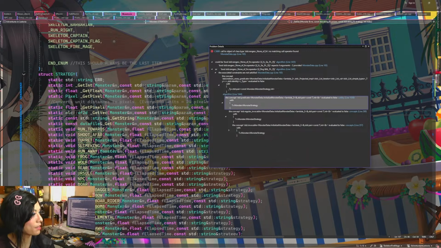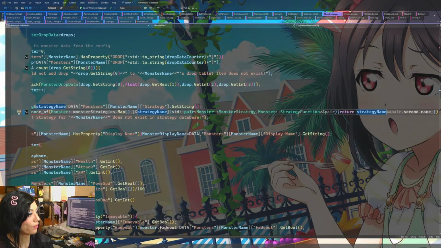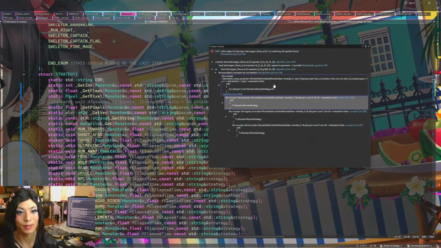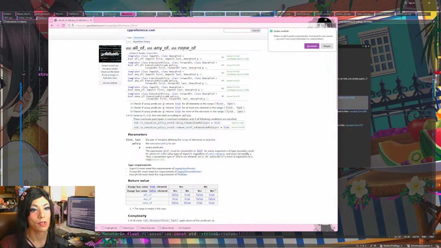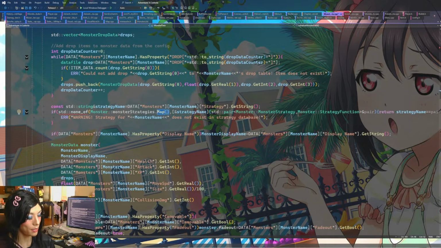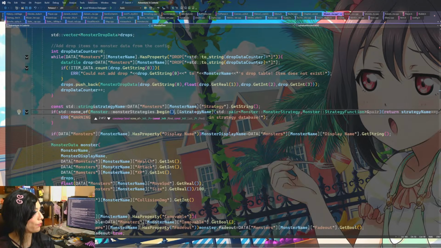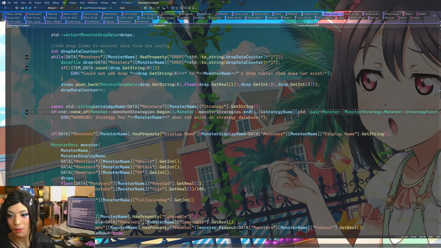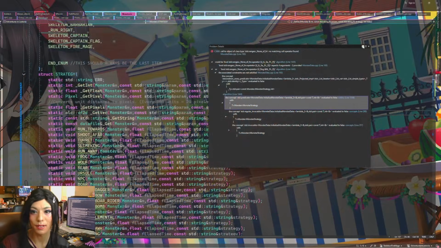Const int. Wait, does it not know? This is so confusing. Okay. I'm in template hell right now. Let's just try standard none of then, because it seems like I can't get it to recognize this range, which is funny. So in this case, I would do begin and end, and then the true and false. I love trying to use these, but sometimes they just don't work out. So we'll just use standard none of then.